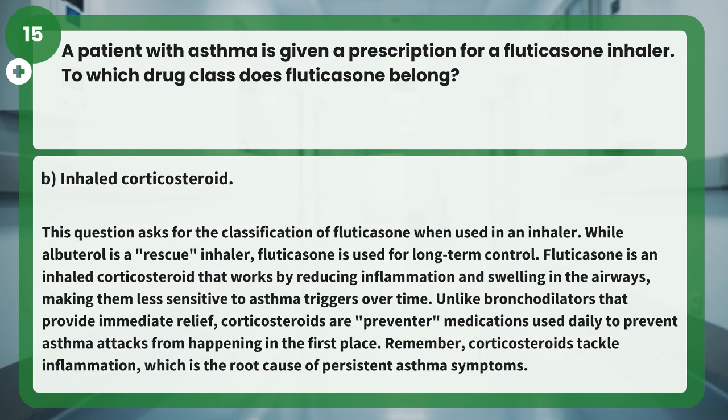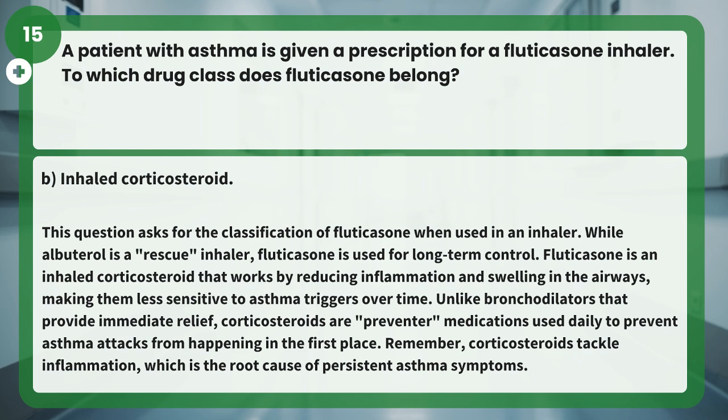Answer B. Inhaled corticosteroid. This question asks for the classification of fluticasone when used in an inhaler. While albuterol is a rescue inhaler, fluticasone is used for long-term control. Fluticasone is an inhaled corticosteroid that works by reducing inflammation and swelling in the airways, making them less sensitive to